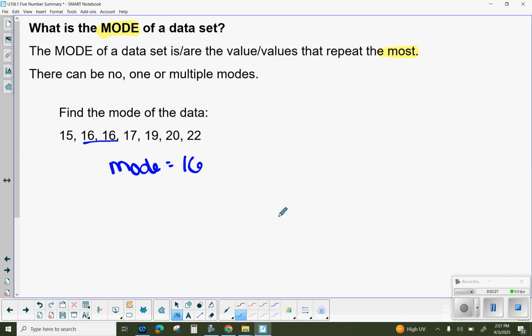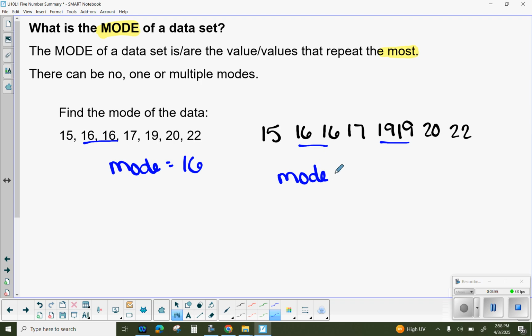Now, let's change the set of numbers really quick, just for conversation, right? What if I changed this set of numbers and all of a sudden there was a second number 19 plopped into the set like that? We plopped a second 19 in there. Now there's two 16s and two 19s. Well, the good part about mode is they both get to be the mode, right? I now have the mode is 16 and 19 are both considered the mode because they both happen the same